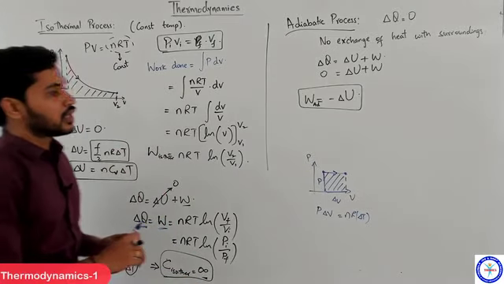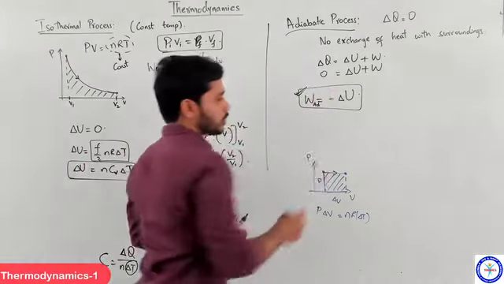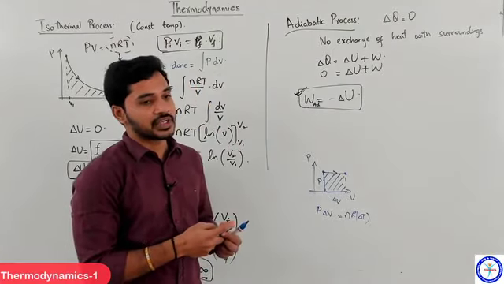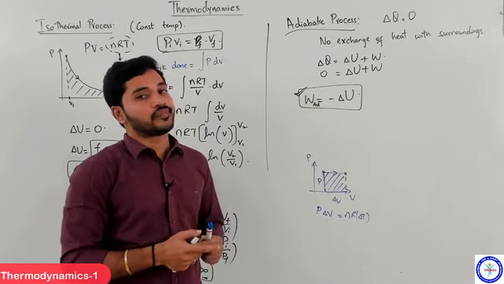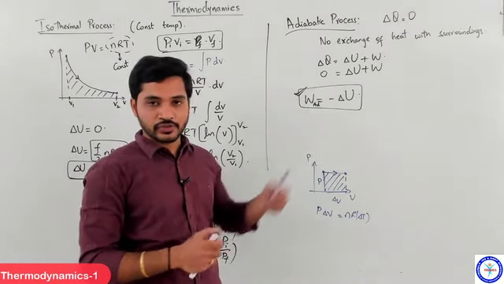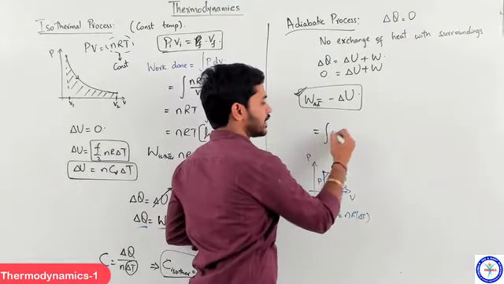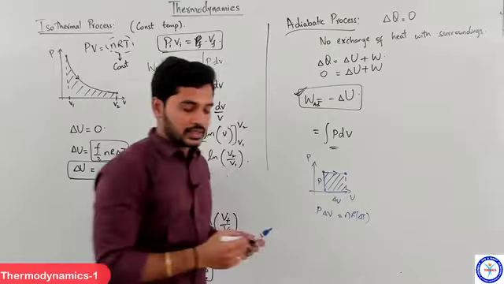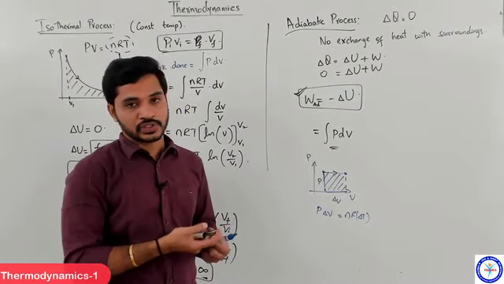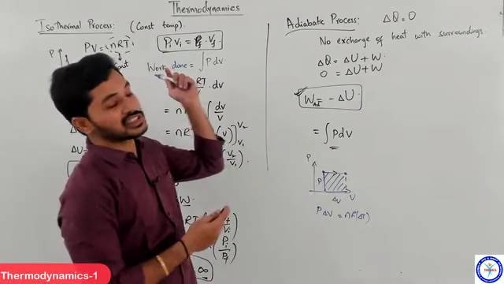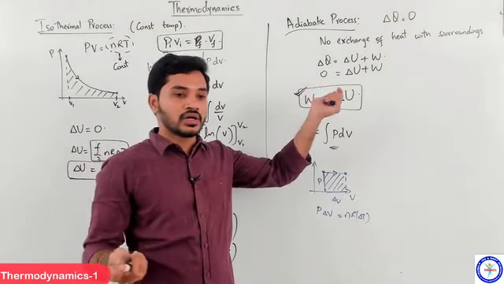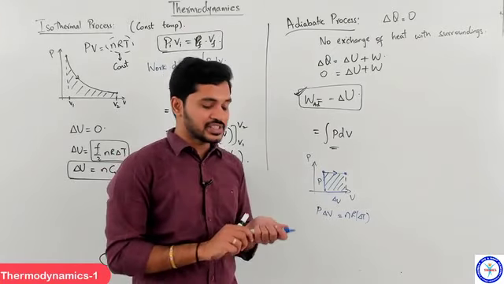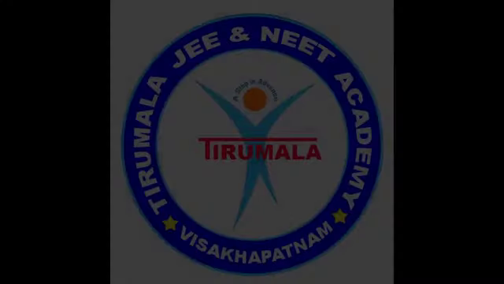Clear, students? We will discuss the adiabatic process in detail in the next class. Clear? I will also derive the expression for this work done by using the definition of work done, which is work done is equal to integral PdV. So we can derive this result using this also. We will do that. Also, we will derive the process equation. Just like we have PV is equal to constant here, we also have a process equation for the adiabatic process. So we will see that derivation in the next class, right?